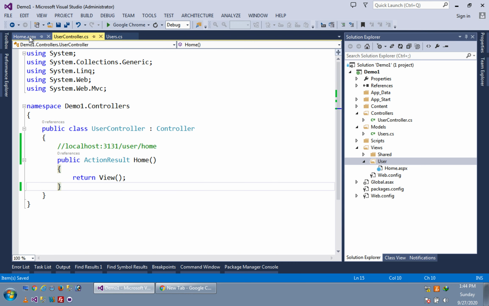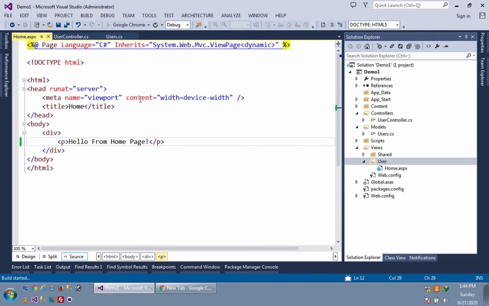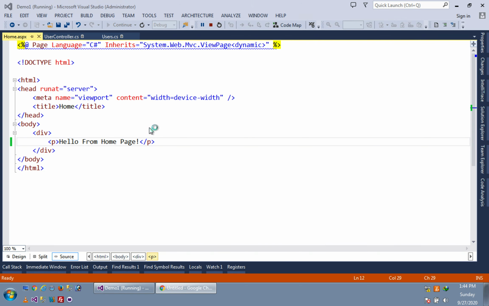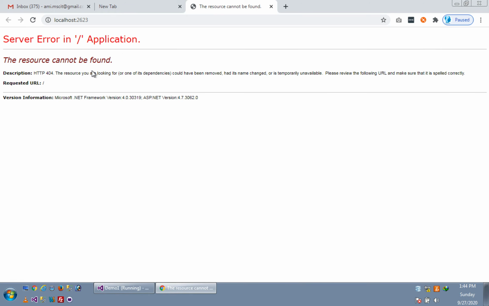I am running this much portion. Resource cannot be found.